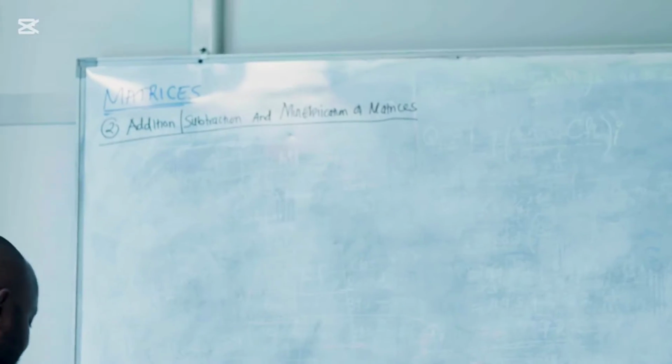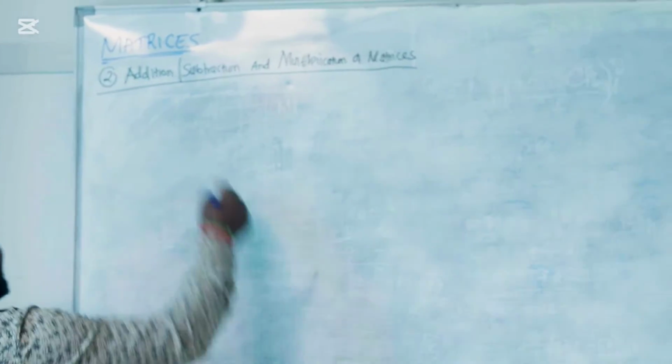Today we are going to look at matrices. This is our second video on matrices. In the first video we looked at the introduction to matrices, types of matrices and everything. Today we are going to look at the operations: how we add, subtract, and at the same time how we multiply matrices. Let's begin. If we are given a matrix A,